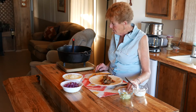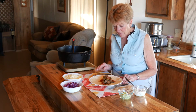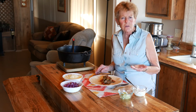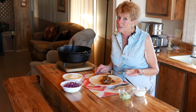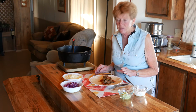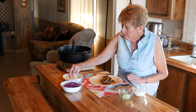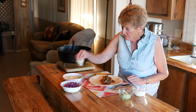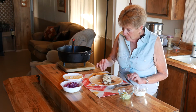And you're going to be ready to eat soon. Okay, great, we are done. It cooked to perfection. I put it on our flour tortilla. You can either use flour or corn, and we've even had it on rice. It's whatever you prefer, but today we're having it on a flour tortilla. And what I'm going to do is I have grated some mozzarella cheese along with the Mexican cheese. And then I'm going to put a little bit